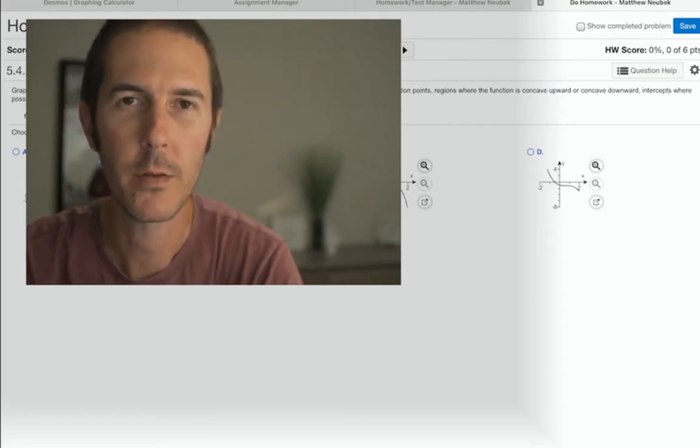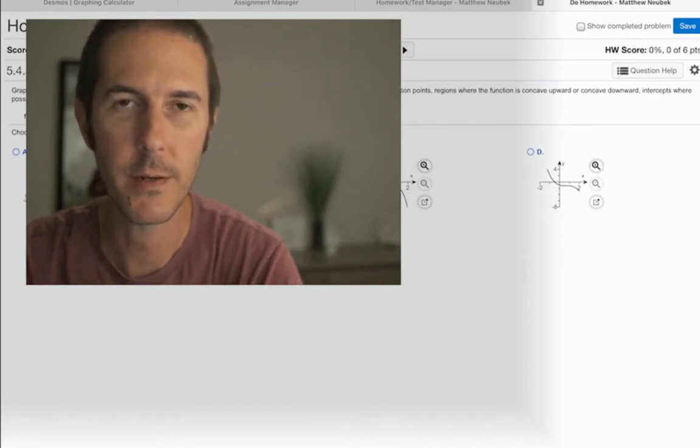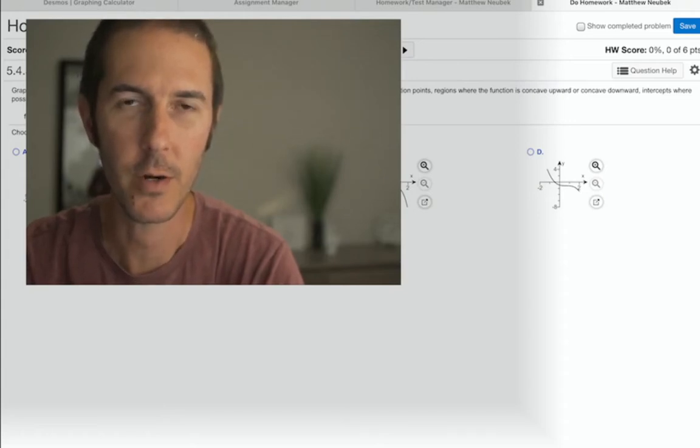But what curve sketching is really good for is getting to know all of the different processes that we have learned thus far and applying them to either generating your own graph,